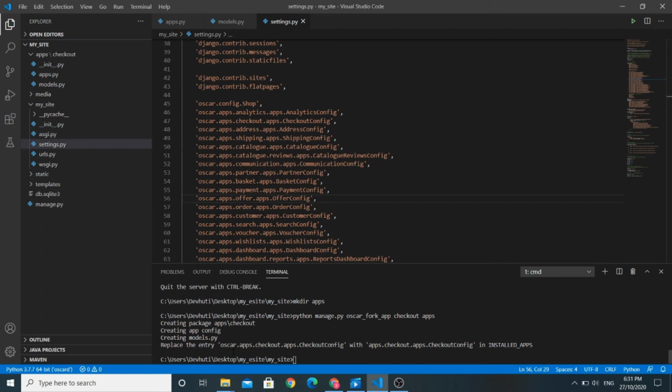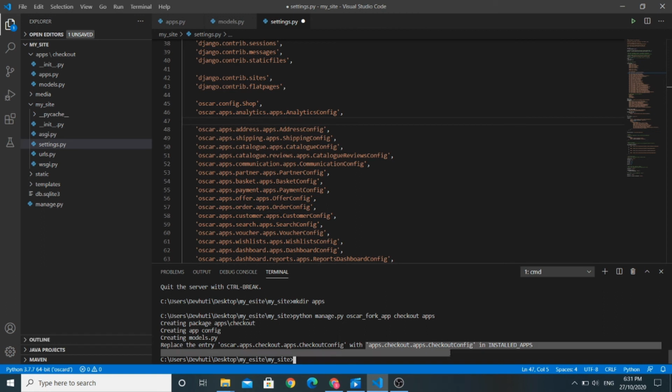Instead of the oscar.apps.checkout app config, we need to replace this entry with this entry. Let's copy this code and paste it here